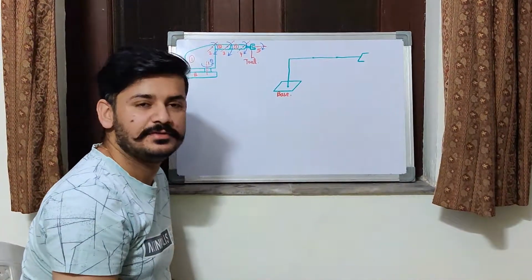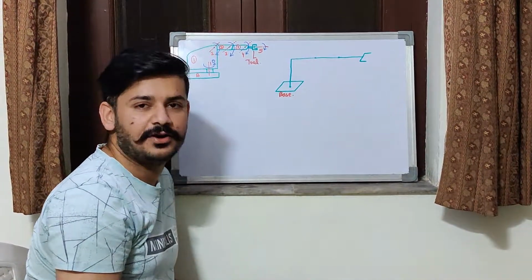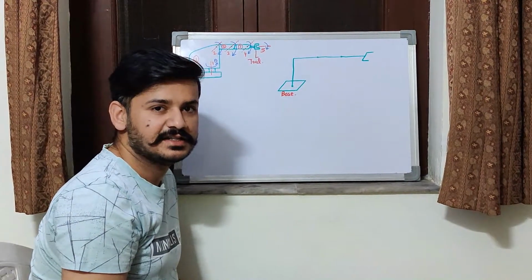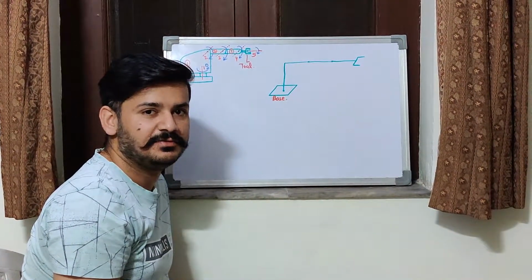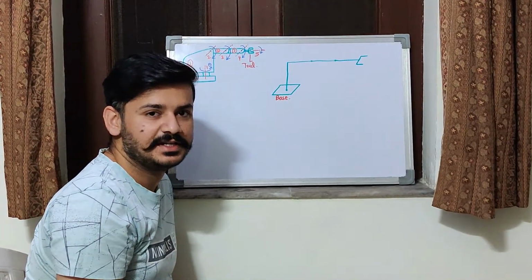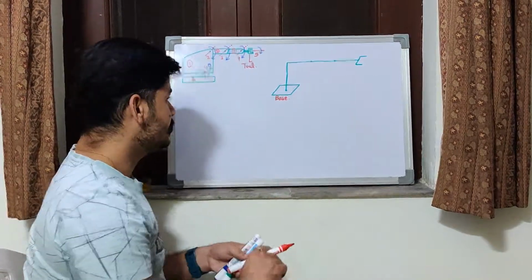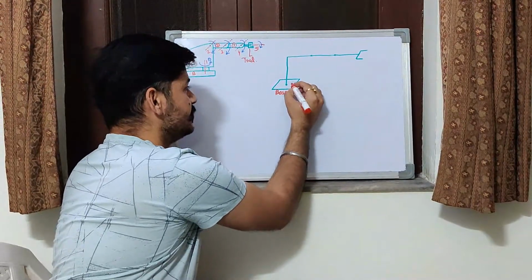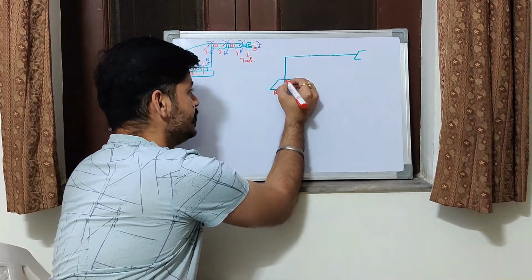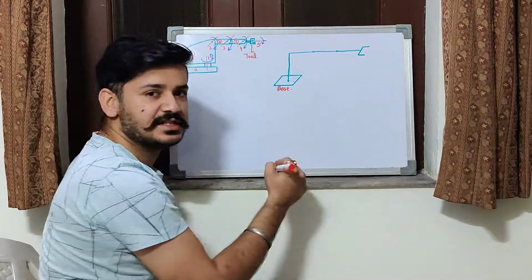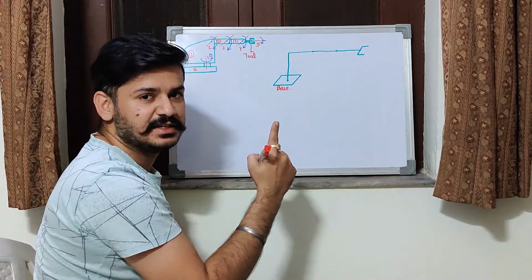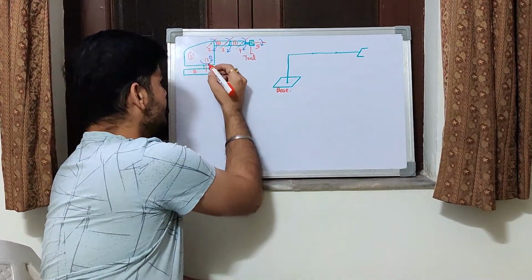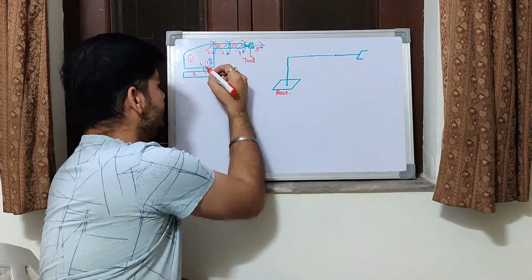So now we are going to see how to assign the coordinate frames to different links and how to find out the link parameters and joint parameters. First of all, we are going to assign the coordinate frames to the base. First, you can see here we have to point the z-axis to the joint axis. It should point in the joint axis.